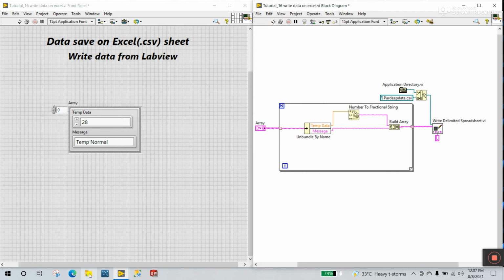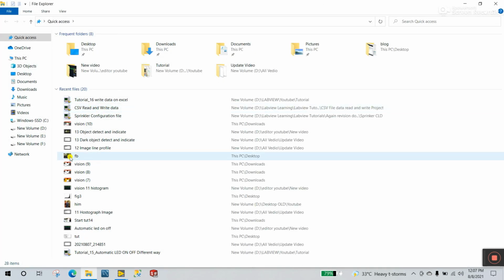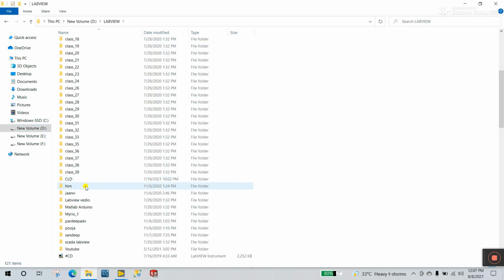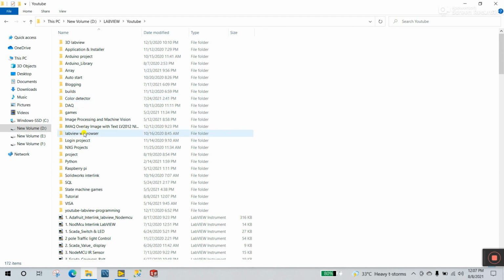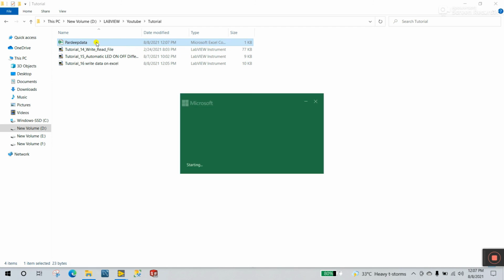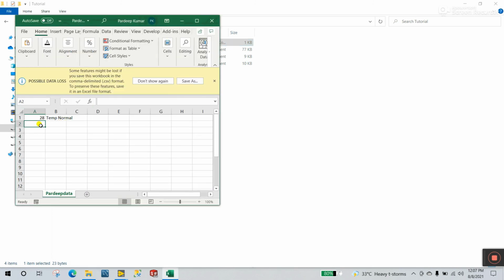Now let's check the file path where you saved this file. I choose this one, and now you see this is my project file, and this Excel sheet, Pradeep data, was automatically created. Now open this and let's check. Yes, you see our data is saved here, 28 and temp data.